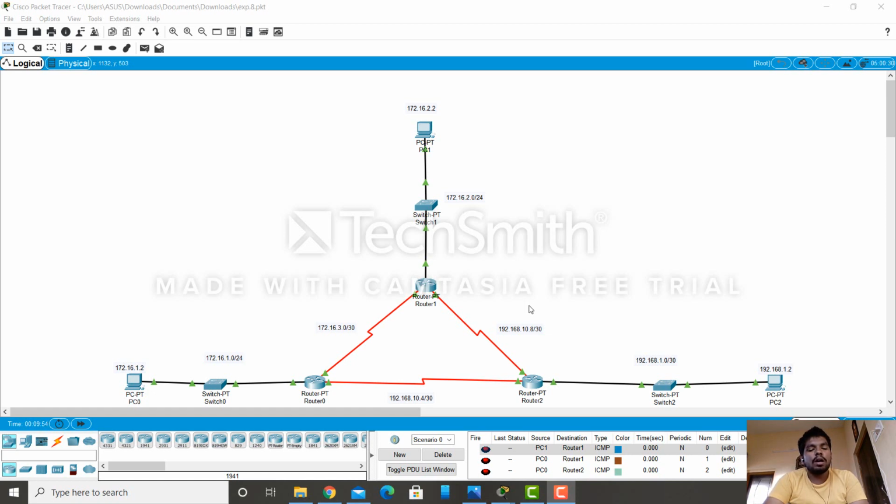IP address 192.168.10.5, subnet mask 255.255.255.252, default gateway is NA. For the R2 device, the interfaces are serial 0/0/0, serial 0/0/1 and FastEthernet 0/0. The IP addresses for R2 are 172.16.3.2, 192.168.10.9, and another is